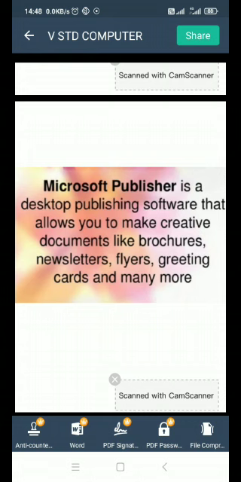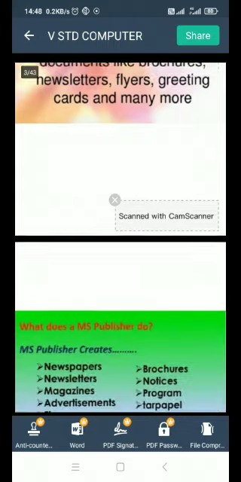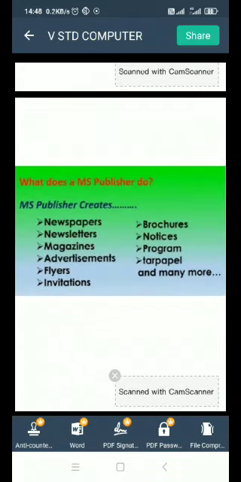Microsoft Publisher is a desktop publishing software that allows you to make creative documents like brochures, newsletters, flyers, greeting cards, and many more. What does MS Publisher do? MS Publisher creates newspapers, newsletters, magazines, advertisements, flyers, invitations, brochures, notices, programs, and many more.